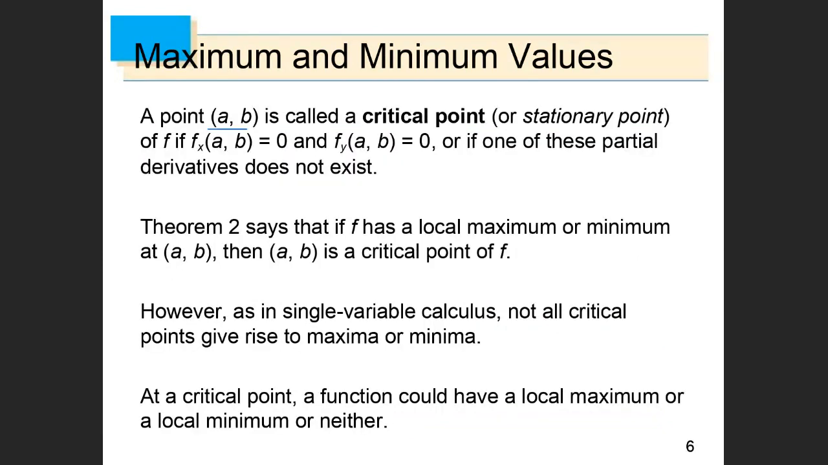So a point (a, b) is called, in fact, a critical point or stationary point if f_x(a, b) is equal to 0 and f_y(a, b) is equal to 0, the two first partial derivatives. Or, as you see, as we added previously,